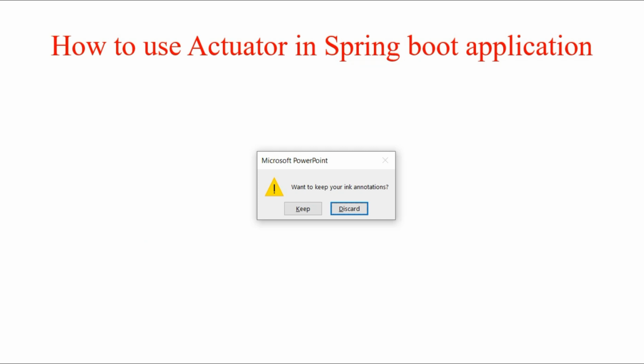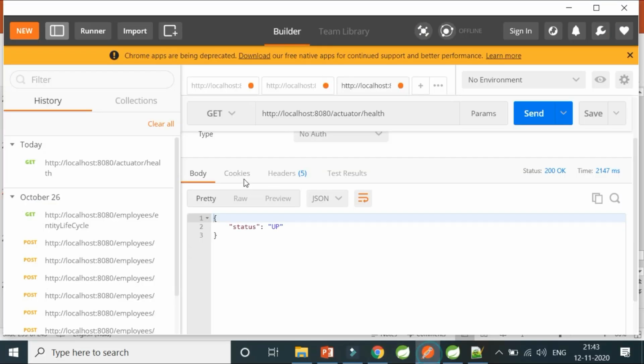Let me discard this for you. So this is how it works: if you have a production environment, you have a server there, you just put your server name here, your server port here, and then actuator here. You will get all the available endpoints, and with health you can see that on the production server your application is up. So even if you don't have any access to your production URLs or anything, you can always see whether your application is up or not using the status, using the health metrics or the endpoint, which is inbuilt functionality given by actuator to you.